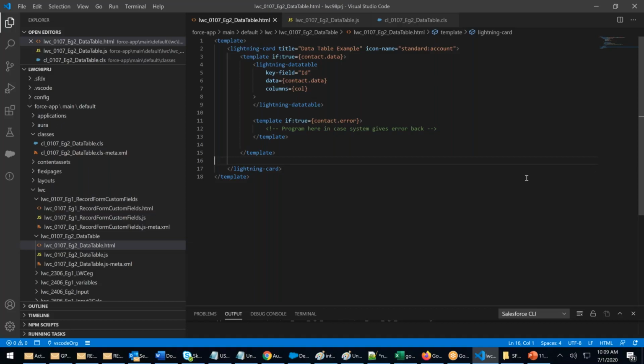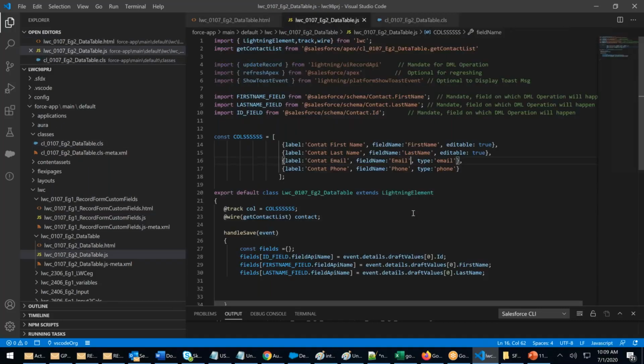So, girls and boys, please practice. Listening to the class will not be sufficient in LWC. You have to practice, right? Otherwise, you'll not be able to remember. If you're able to put in your resume that you are good in LWC or have knowledge of LWC, I bet you that you will not get rejected in any interview. Not a single interview. In the first interview itself you will get selected, right? If you put LWC and you're able to show him and tell him all these concepts,